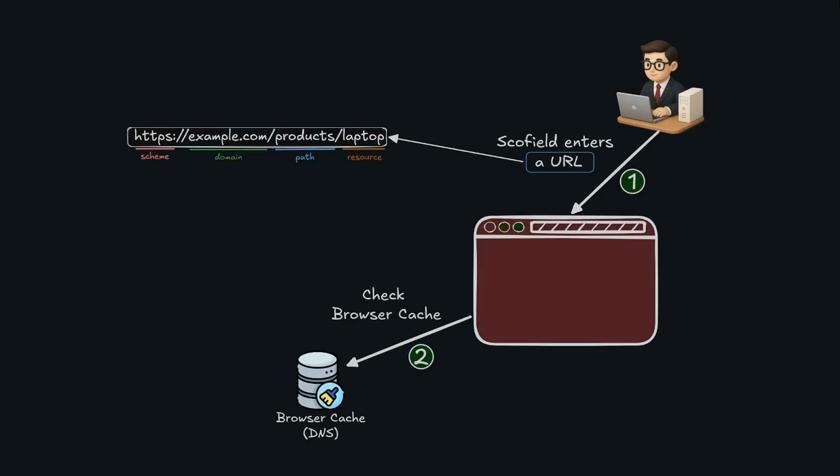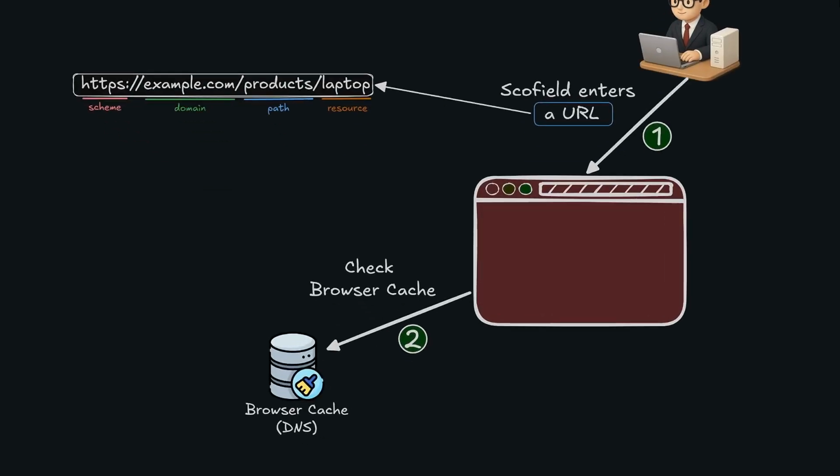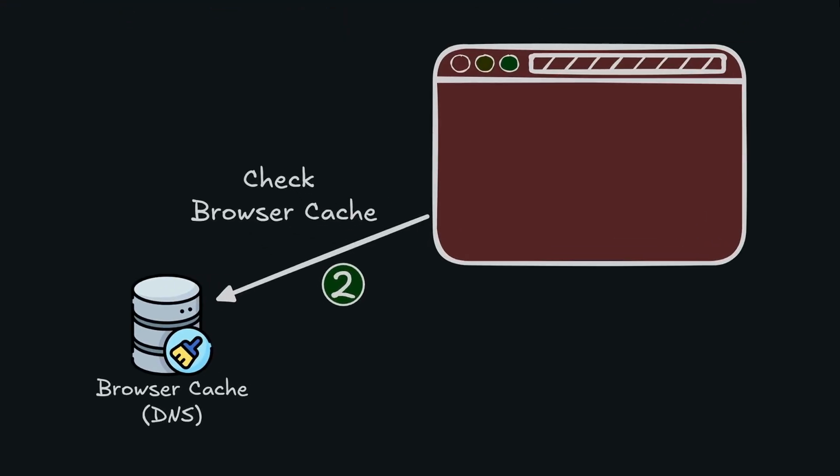Now you press enter. Step 2 begins. Your browser first checks its cache. The cache is a small memory where the browser stores information from previous visits. It checks if it already knows the IP address, for example of example.com. An IP address is like a phone number for a website. It tells your computer exactly where the server is located on the internet, but what if the browser does not